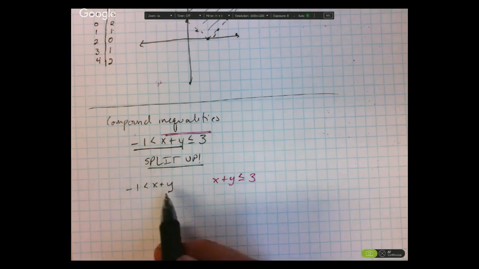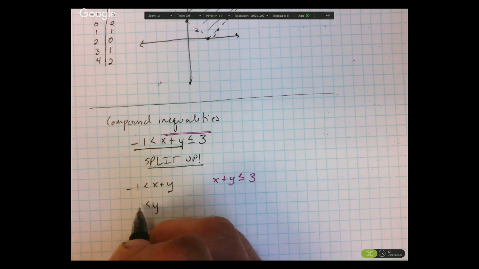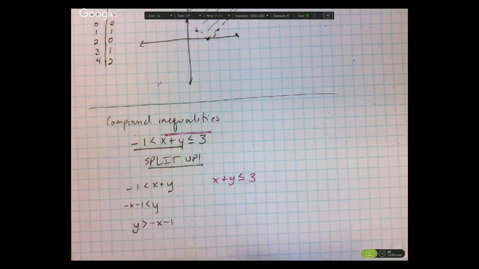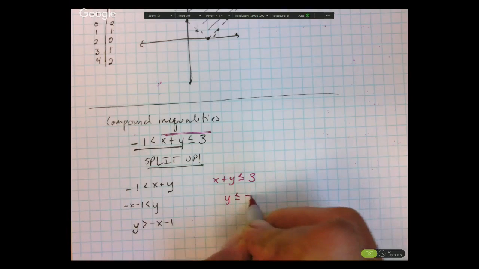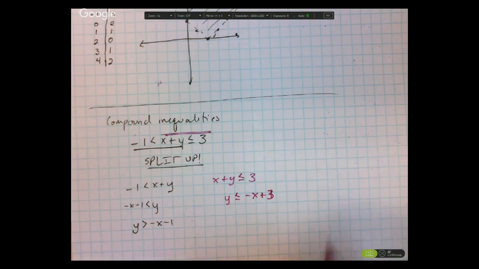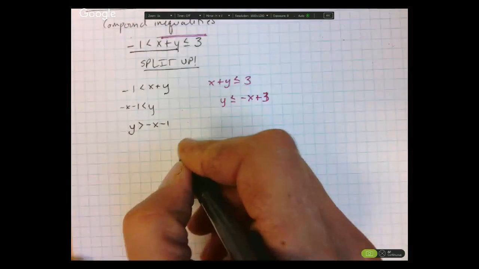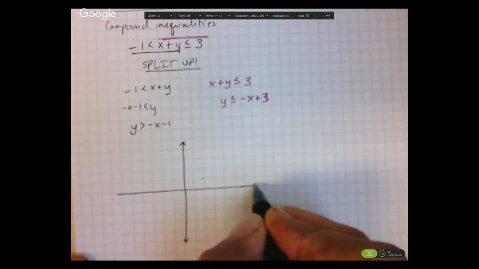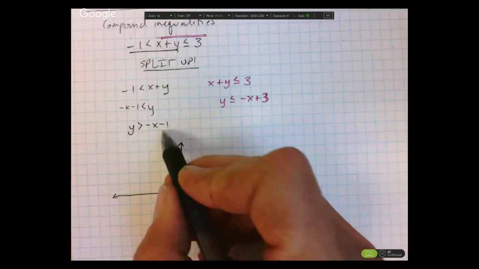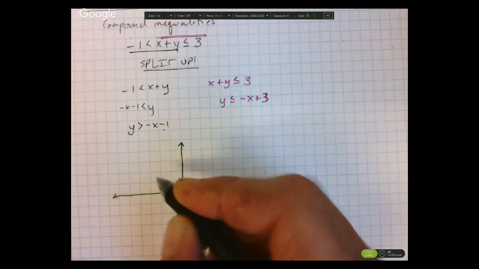So I'm going to solve for y. Subtract x here, we get y is greater than negative x minus 1. You can rewrite it if you need to. And here, y is less than or equal to negative x plus 3. All right, y-intercept negative 1, slope negative 1, dashed line,